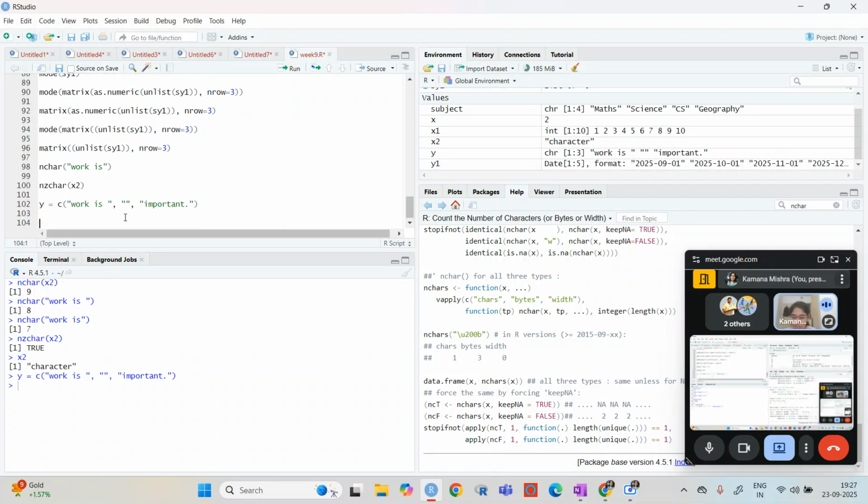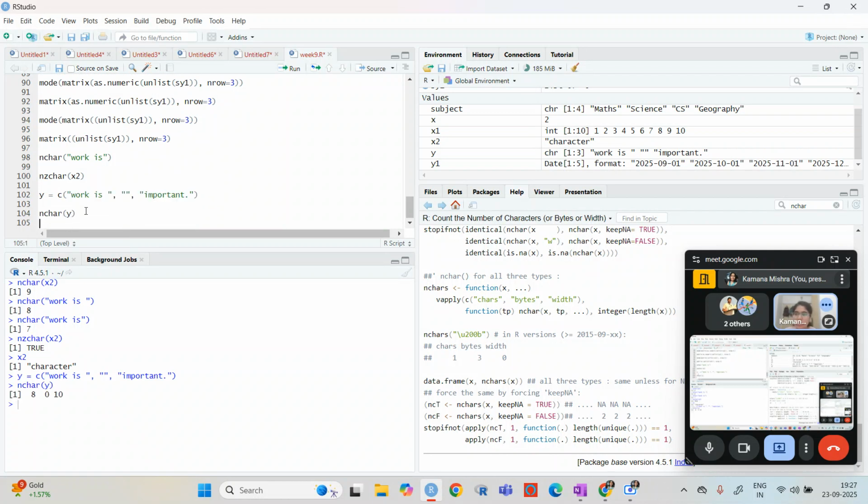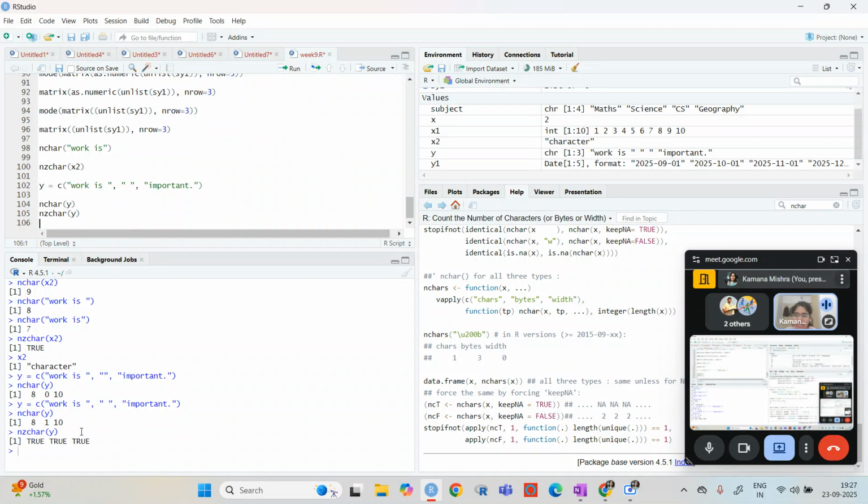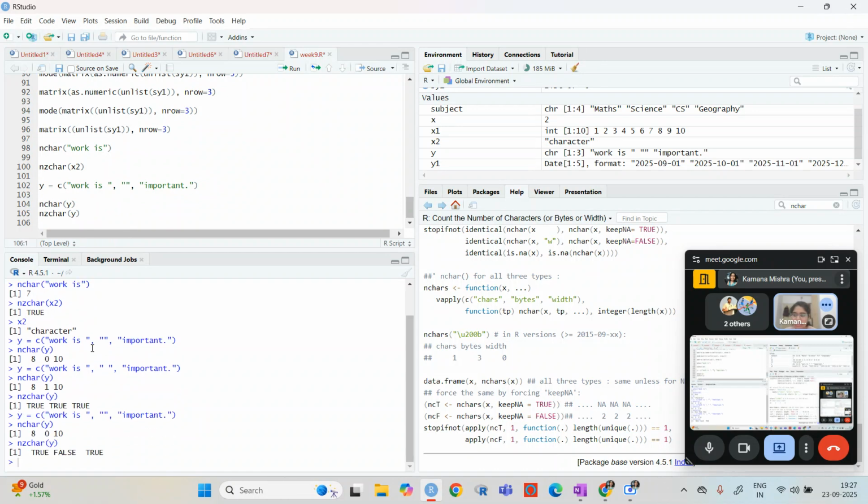If I write nchar(y), it says the first is 8, the second one is 0, and the third one is 10. If I add a space, you can see that the answer has changed. If I write nzchar(y), then you can see TRUE, TRUE, TRUE. If I remove this, then you can see it is FALSE.